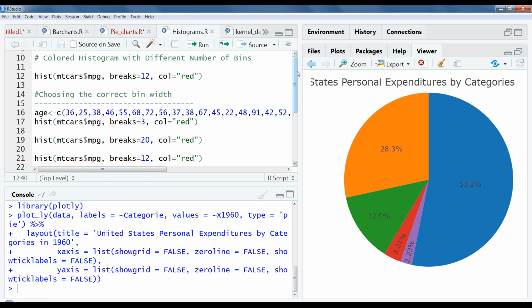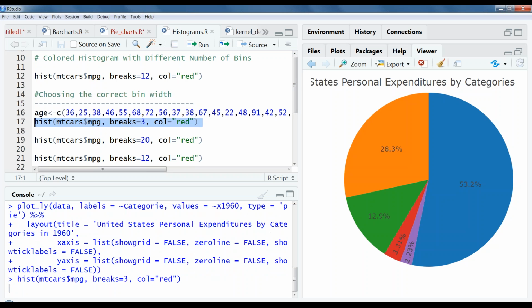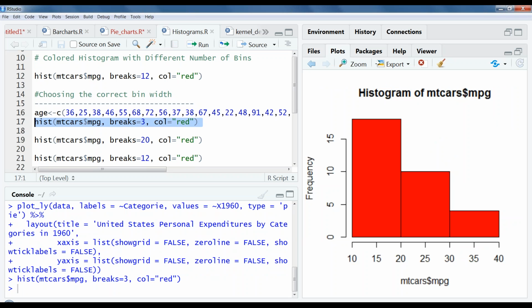Let me show a simple example. Histograms we use for the distribution and frequencies of data. How well the data is distributed, and what the frequency of the data in that distribution is, that is what we are going to identify with the help of histograms.